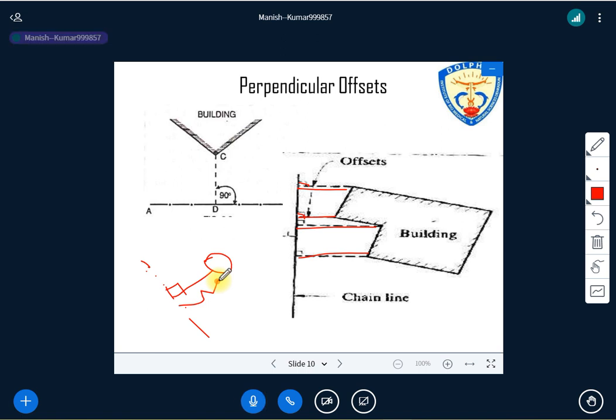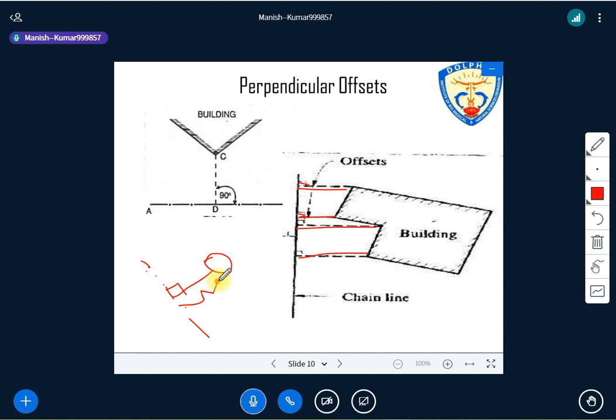And here one thing you should keep in mind: whenever the term offset is used, or you hear the term offset, generally the offset means perpendicular offset. It means if someone gives you a task to draw the offset, you are not supposed to ask whether you have to draw the perpendicular or oblique or some other thing. If the term offset comes to your mind, or someone asks you about the offset, it means perpendicular offset. Is it clear?